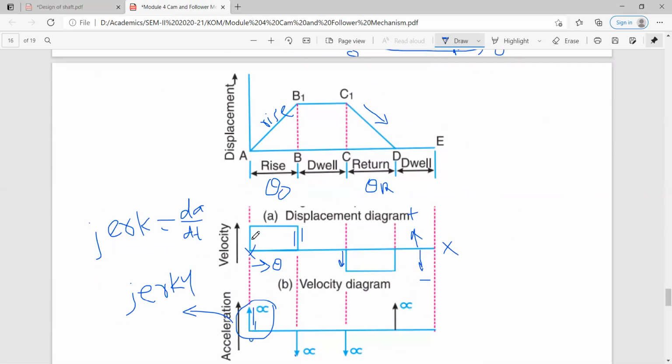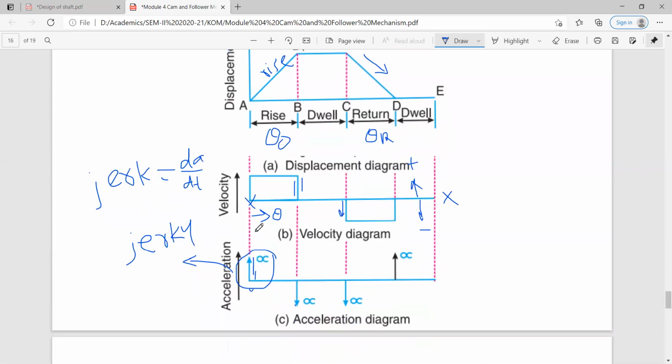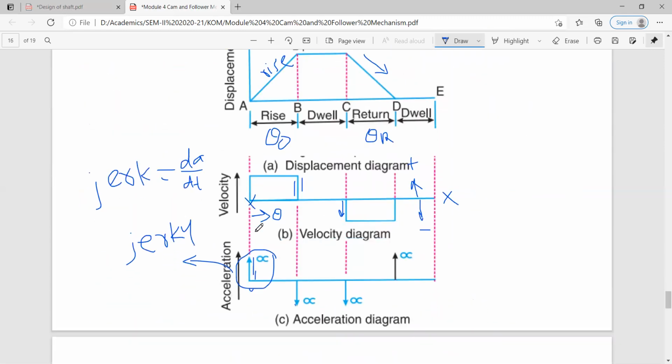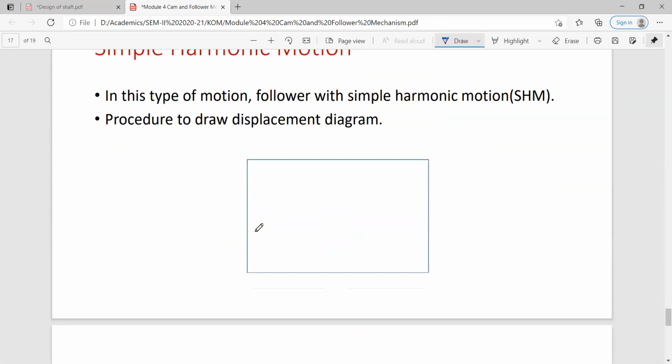So generally you draw it of any size, and tell that this is equal to this much. That is the practice. No need to take a scale for it. So it is about the constant velocity. Next we will see